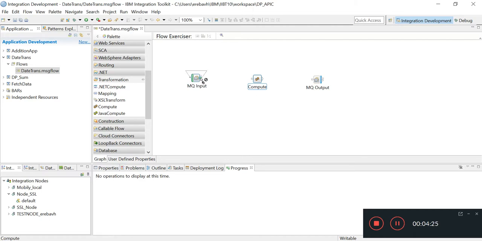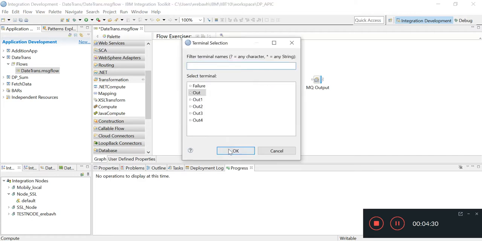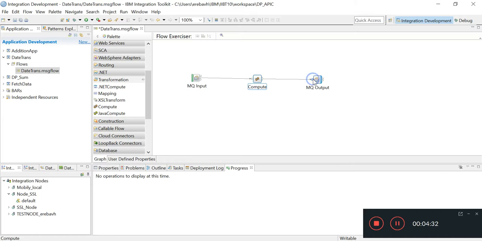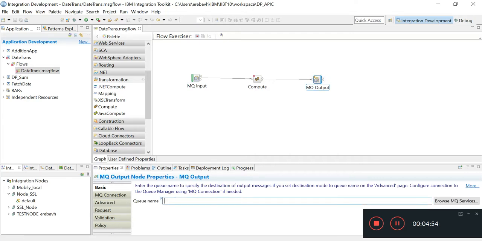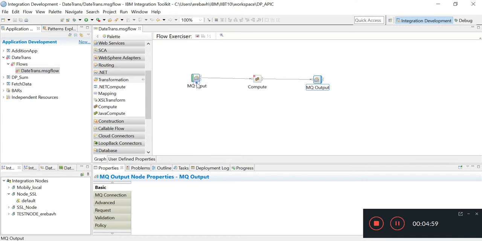So I'm making the connection and giving the queue names, which are already available in the queue manager, on top of which our broker is running, like IN and OUT.